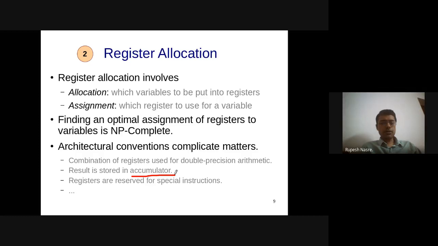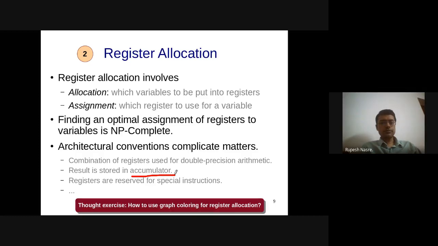Any questions on this part? We looked at this probably in the context of IR generation, when we were discussing register allocation, and whether we can use graph coloring for register allocation. Just think about it, we will come back to this a little later. But if there are any questions or thoughts on how you can use graph coloring for register allocation, what the nodes should be, what the edges should be, you can push them to the chat box.